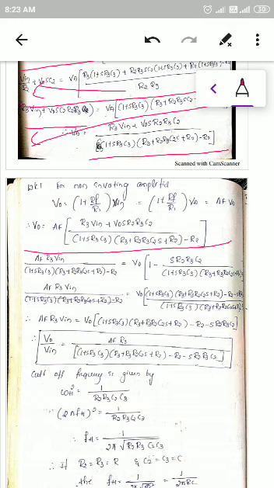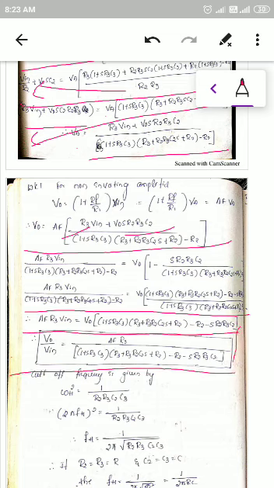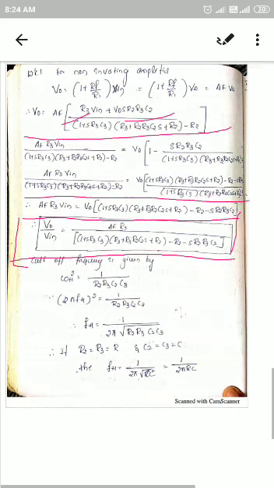Simplify it. So AF, you divide into two, I mean separate this and this part, and rewrite it after one step of simplification, two steps of simplification, and simplify up to here. You will get V0 by Vin. Just go on simplifying the above equations until you get V0 divided by Vin equal to AF into R3 divided by this expression.